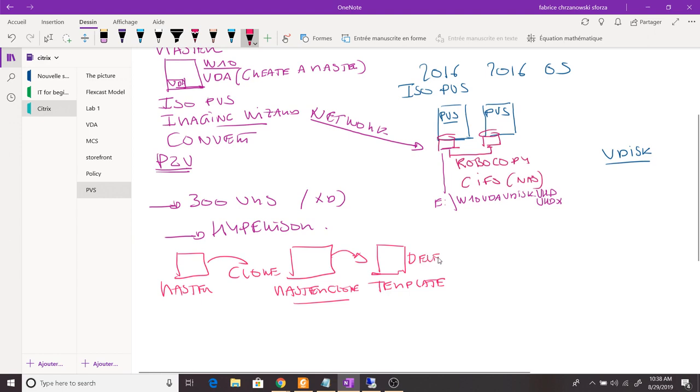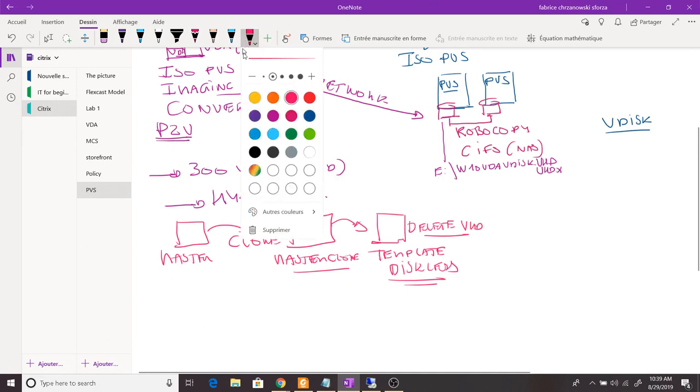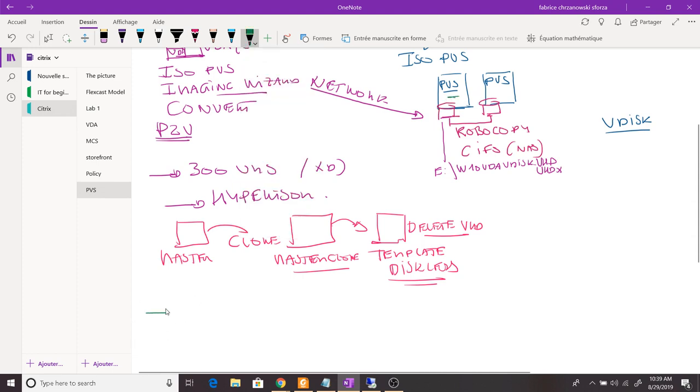Wow, this is really something fantastic. You will delete the virtual hard disk. So that means that this template will be diskless. And so this template has no disk. So you will save it. So it will not boot, of course. Yes, it will, because what I will do is that I will go after on my PVS console, and I have a wizard